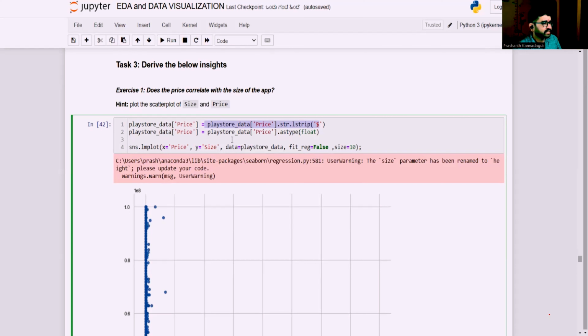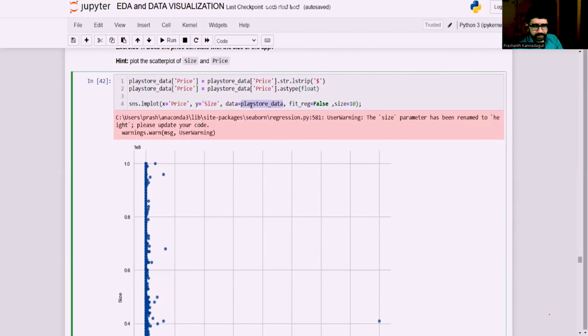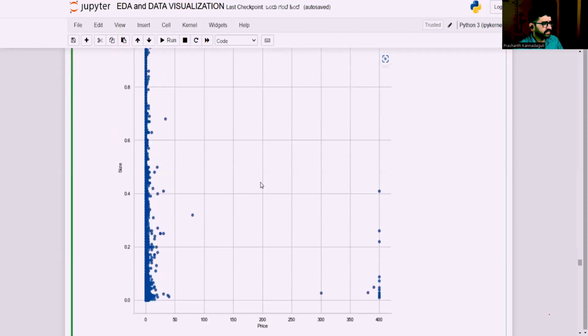And in the second line, the price is converted into a float value. Even if it is not float, it will get converted into float because of this particular statement, right? Then I'm saying that price is along the x-axis, size is along the y-axis. The data is the complete data set, which we call the Play Store data. And show me the graph. You can see there